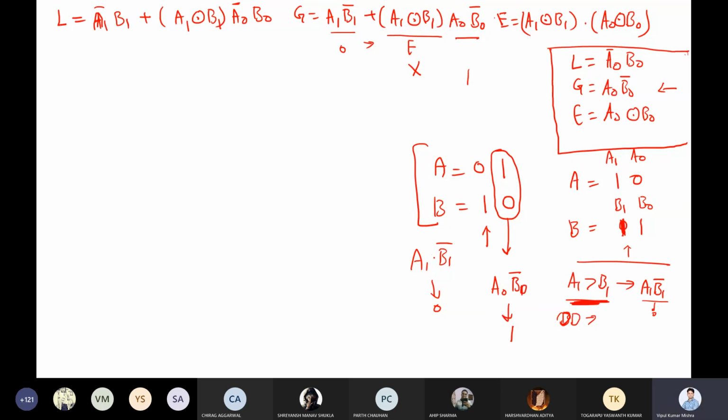Same story with the less than. First it will say whether A1 is less than B1. If yes, then you don't need to worry further. But if it says no, it is not less than, then you have to check equality first. They should be equal. Then only you need to measure the second value. Got it? Yes. Got it, everyone? Any doubt till this point? Anyone, any doubt till this point?